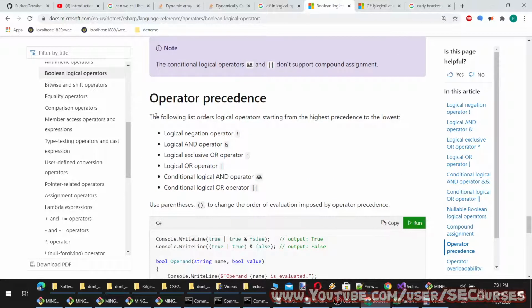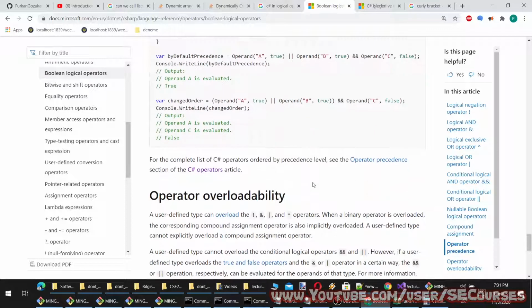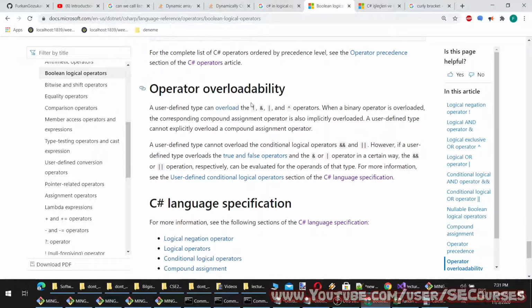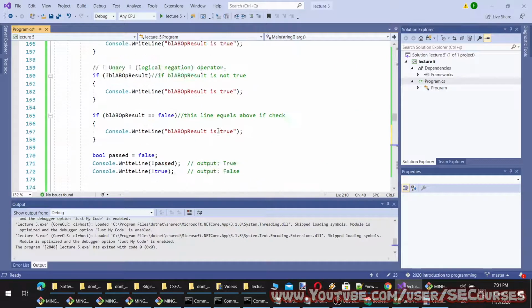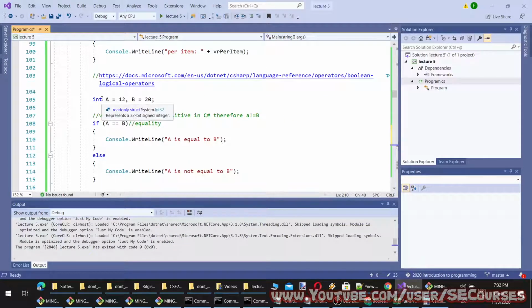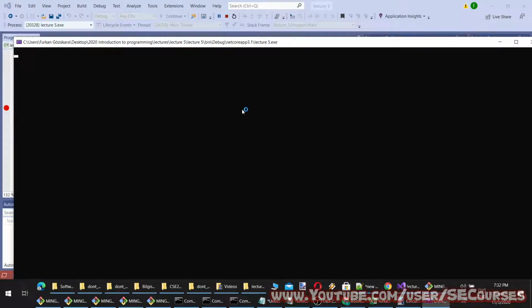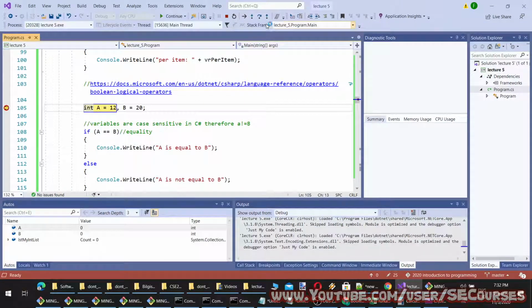There is operator precedence, highest precedence to the lowest. So the order of the operators makes a difference. Therefore, you should take them into parentheses as you want. That is important. Okay, there is some more information, but we don't need that at the moment. So I'm going to go step by step to explain everything. Okay, you should also write every one of these codes at home, not copy paste, to understand better.